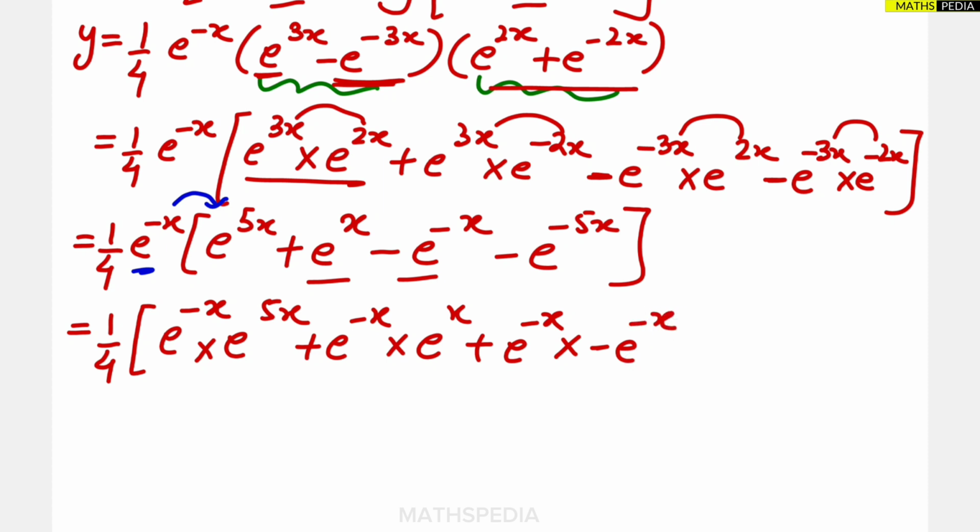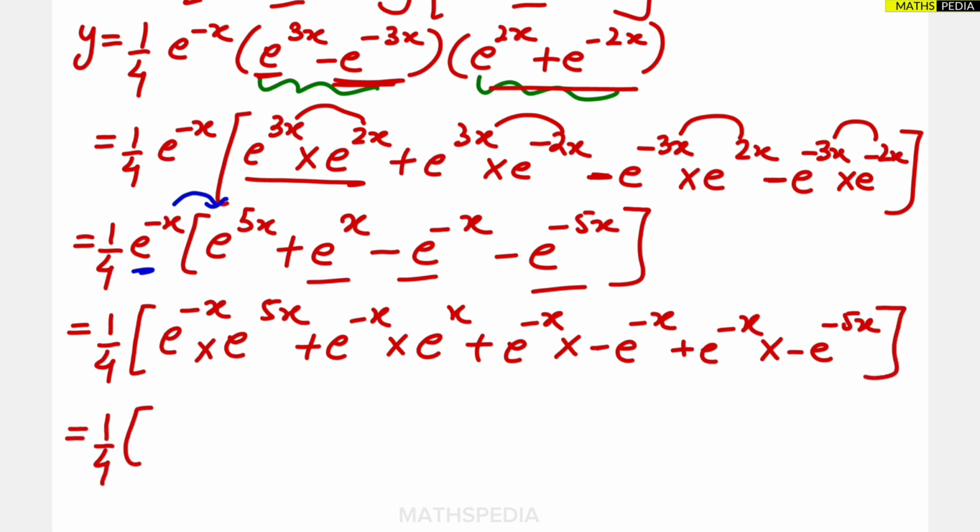Then e power minus x multiplied with the fourth element. Again the same formula applies: base is the same, powers we can add. So it will be e power 4x, plus here minus x plus x is 0, so e power 0